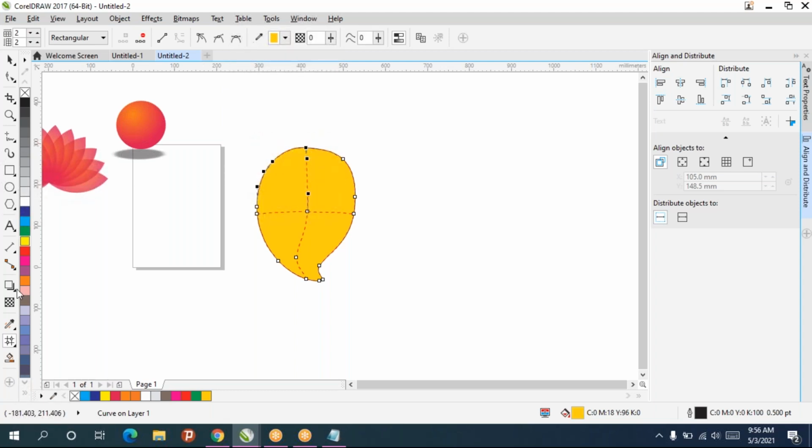Now I'll select the points, I'll give some colors. And you can select the points, you can give the colors.